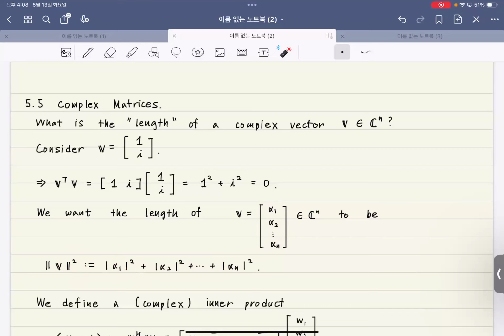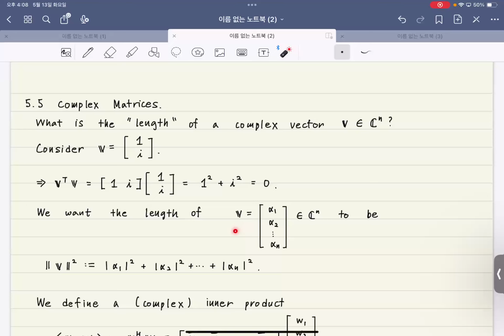Yeah, you just multiply the complex number with its own complex conjugate, and it's going to be the magnitude squared of that complex number. So you take the magnitude squared of the first entry and of the second entry, and you add them all together. Then I want this real number